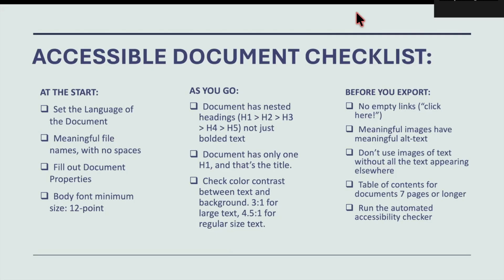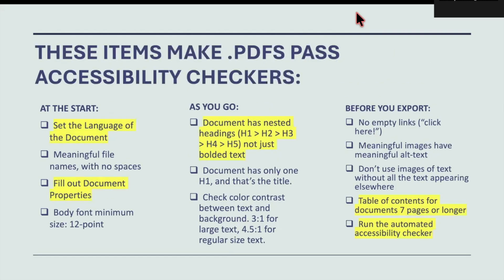Again, we're focused in this talk on source software and the source documents you use to create PDFs. So we are focused right at the very left of the process where we're working on making the most accessible source document possible. Something we're not going to cover today is document remediation. Once you have a PDF that you know has accessibility issues and you have to go into Adobe Acrobat to fix that PDF, we're not going to cover that today. We're focused on the left. We're shifting left for accessibility and working on our source documents.